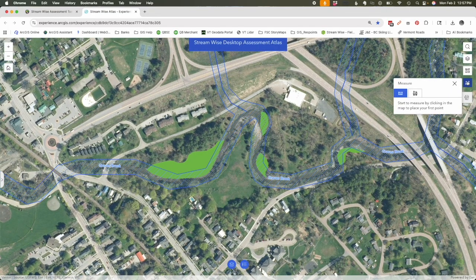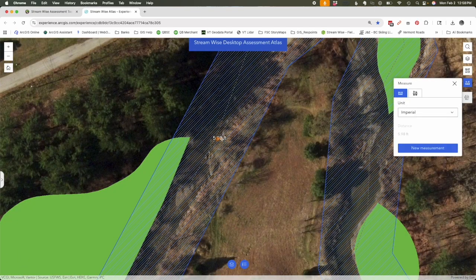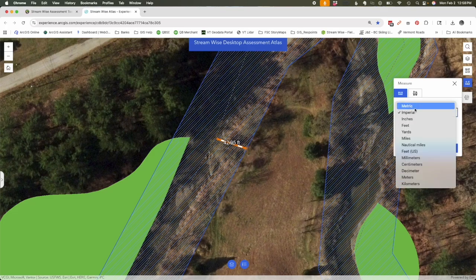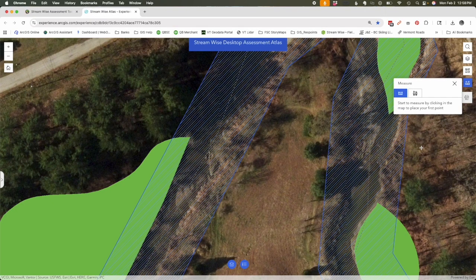We also have a measure button. You can measure lines or areas. So to start measuring something, we'll click on this. We'll zoom in a little bit here. Click on the map to start the line. Double click to finish the line. And we can change the units over here. Change it to metric, we can change it to specific units. And then if we want to start a new measurement, just click New Measurement, and we can do that again